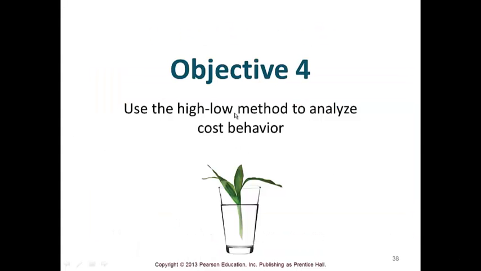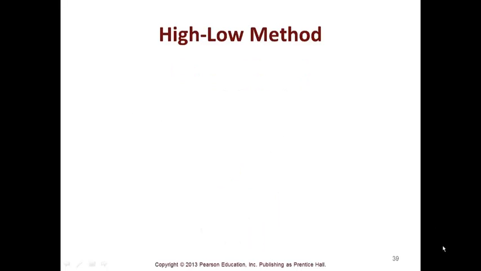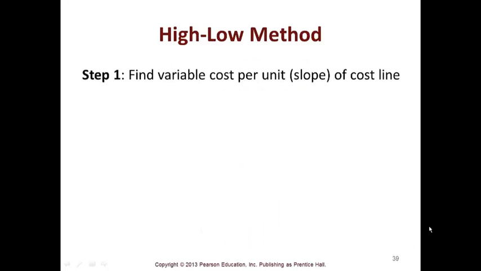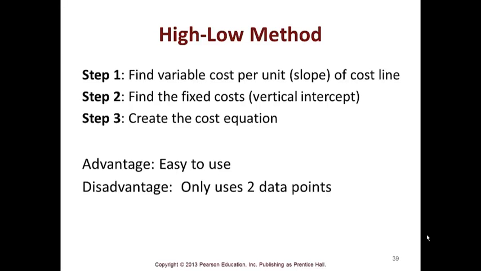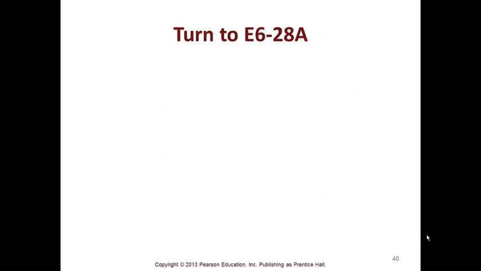Objective 4 is the high-low method. The high-low method finds variable cost per unit, which is the slope. Then it finds the fixed cost, which is the intercept. Then it creates this cost equation. It's easy to use. It only uses 2 data points. So if you look at